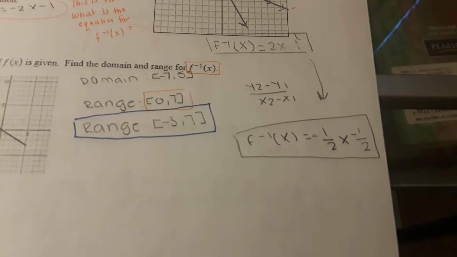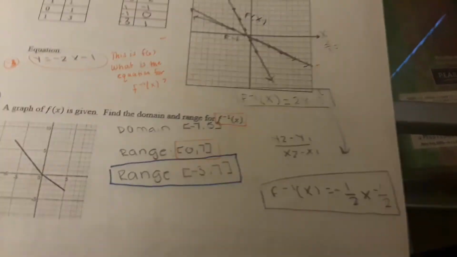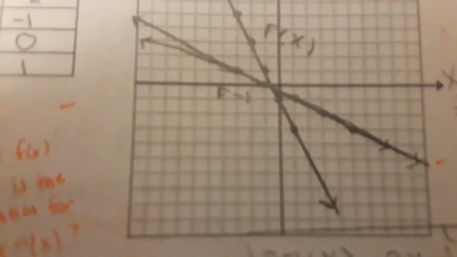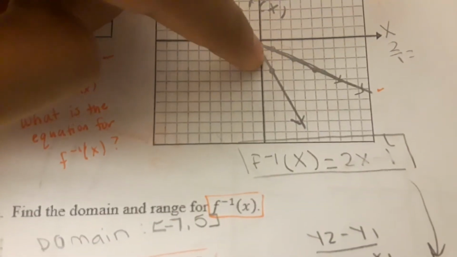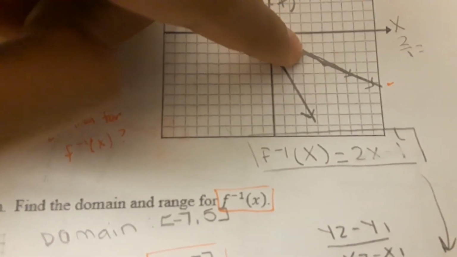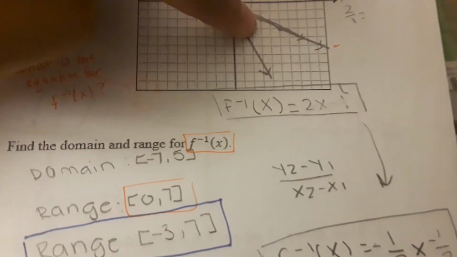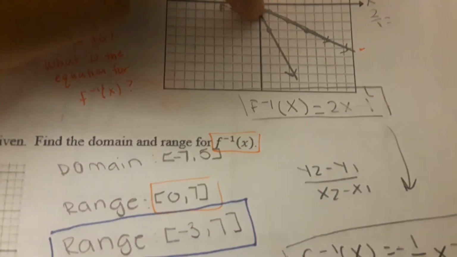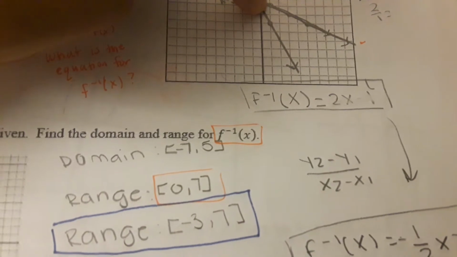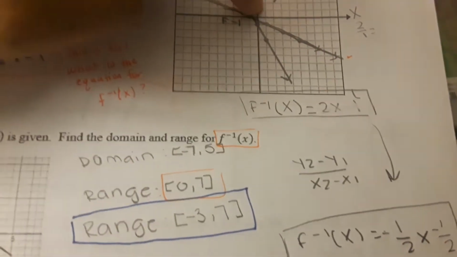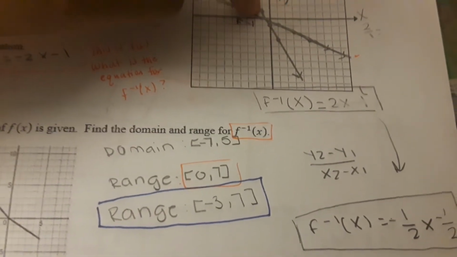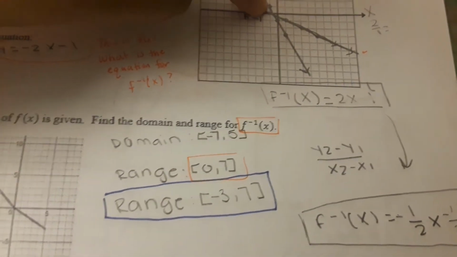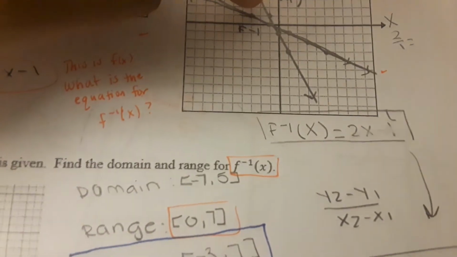The reason why it is like that is because if we were to go to f inverse, which is this one, if we were to go to this point, you have to go up 1 and over 2. So I can't find it. So this equation would be